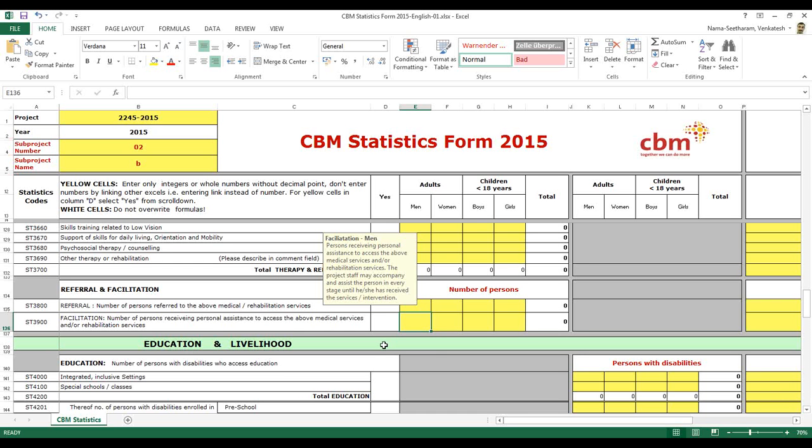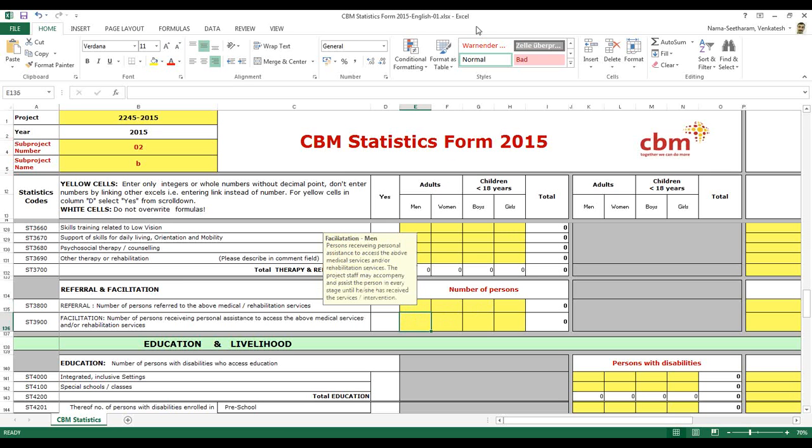Now, whatever background work they are doing, they can put how many men, how many women, how many boys, and how many girls they were facilitating. And if they are just referring to some hospital, directing them to go there, they can put their numbers in the referral row. And this is the end of health section.